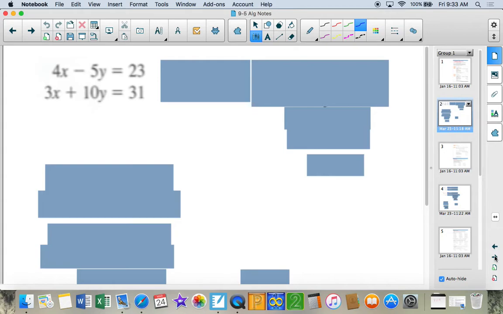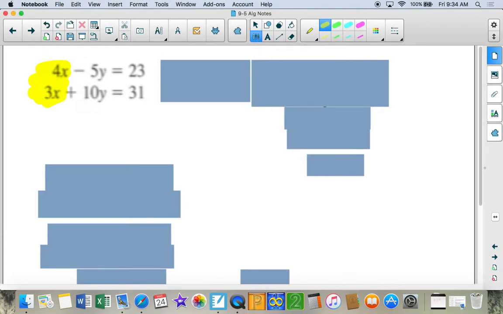If we look at this example, we have 4x minus 5y equals 23, 3x plus 10y equals 31. And we notice that neither of the columns can cancel. The x's don't cancel each other, and the y's don't cancel each other. So we technically can't use the addition method. It's not very conducive to use the substitution method either, because neither of the equations are isolated for a single